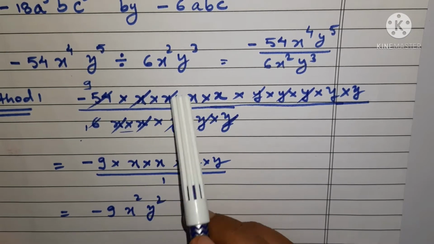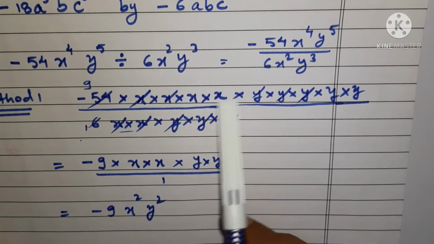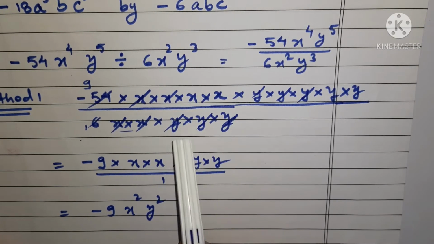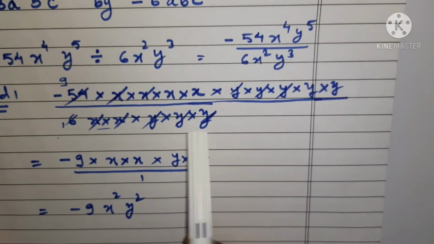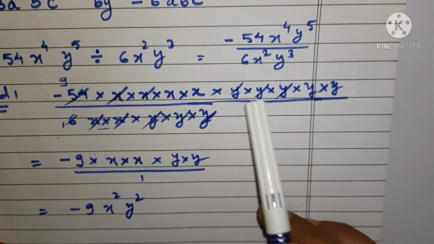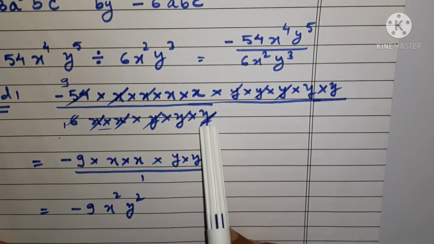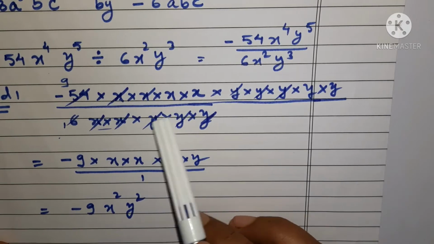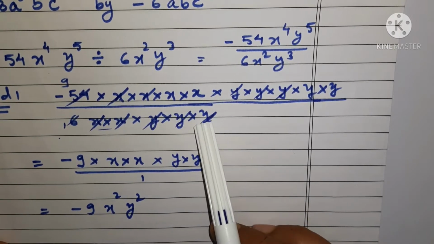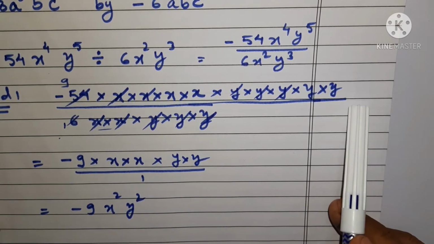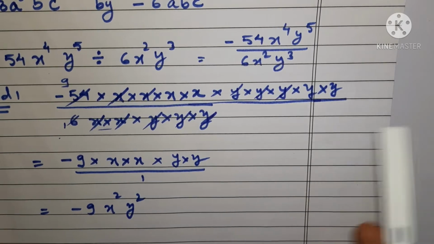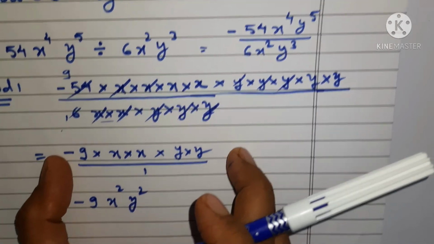इसके आगे हमारे पास कोई x नहीं बचा कटने के लिए, तो हमारे पास 2x ऊपर बच जाते हैं. Now let's see what about y. You can see here we are having y, so 3 y's are there which can be cancelled out from the denominator. यहाँ पे 3 y हम cancel कर सकते हैं ऊपर नीचे, and we are left with 2 y's here. Okay, 2 y यहाँ पे हमारे पास बच जाते हैं. Now whatever is remaining let us write over here.